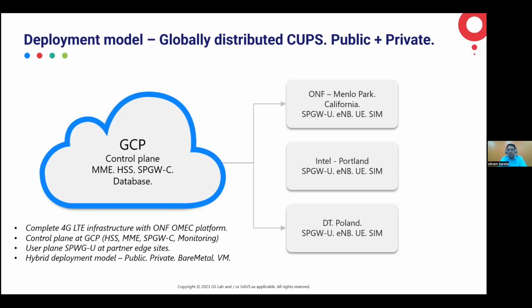And this is the CUPS demonstration. Even all the interfaces between public and remote sites strictly followed the Sxa and Sxb interfaces, and this was demonstrated around